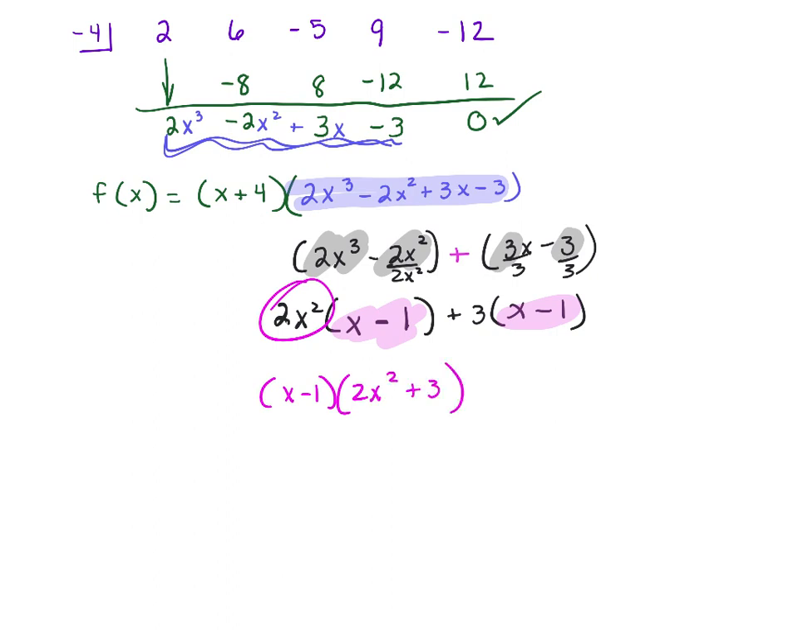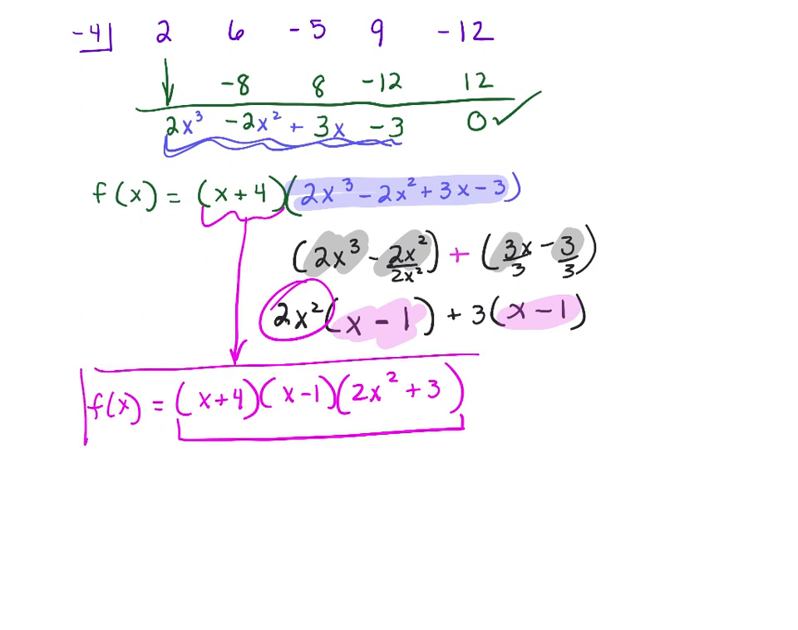Now that is not our final answer, because remember we had this x plus 4 that we already knew was a factor, so we got to put him down here too. So f of x in its factored form is the product of these 3 binomials. And now we are